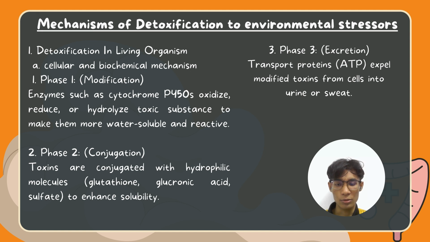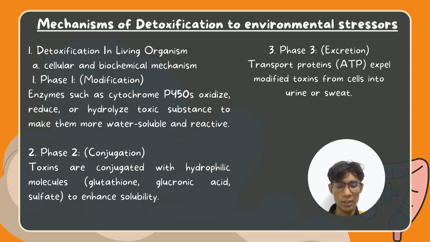Next is phase 2, we call it conjugation. The toxins are conjugated with hydrophilic molecules like glutathione, glucuronic acid, and sulfate to enhance solubility. The purpose of this phase is to neutralize reactive intermediates from phase 1 by attaching them to hydrophilic molecules and